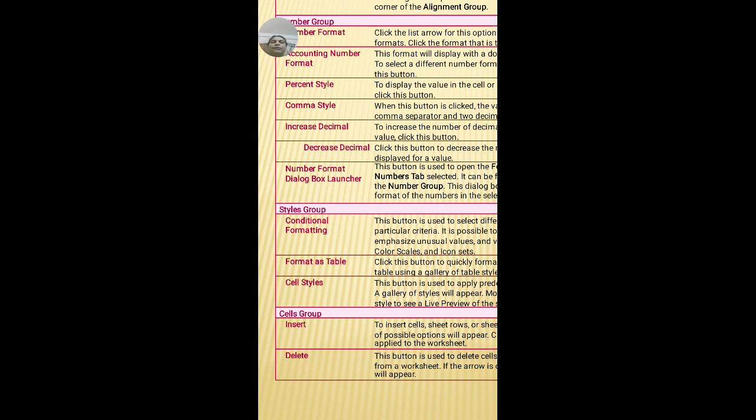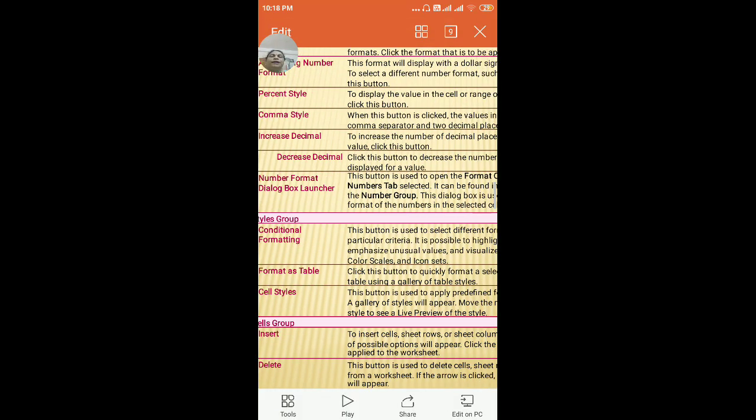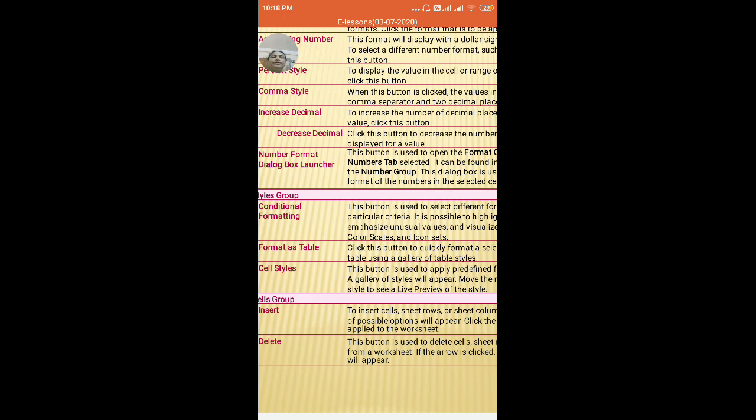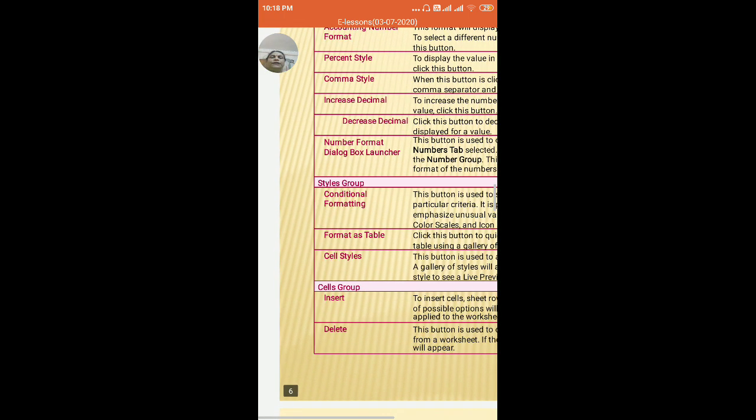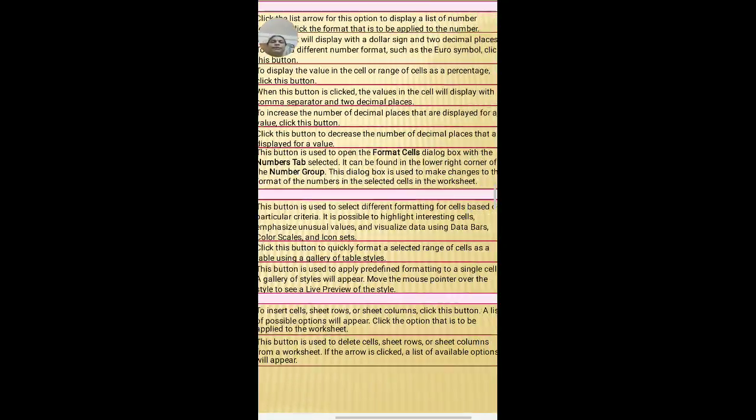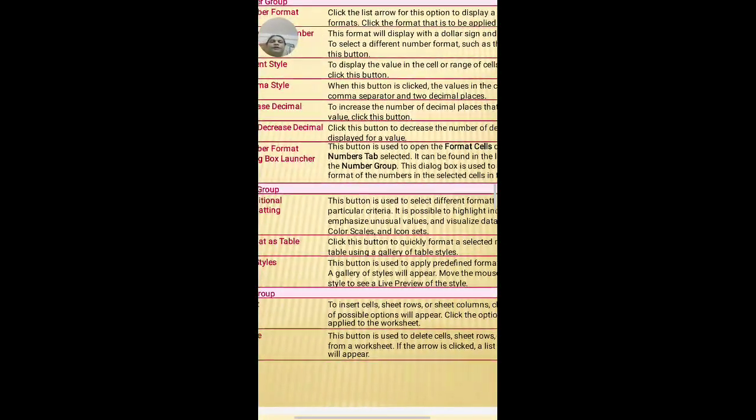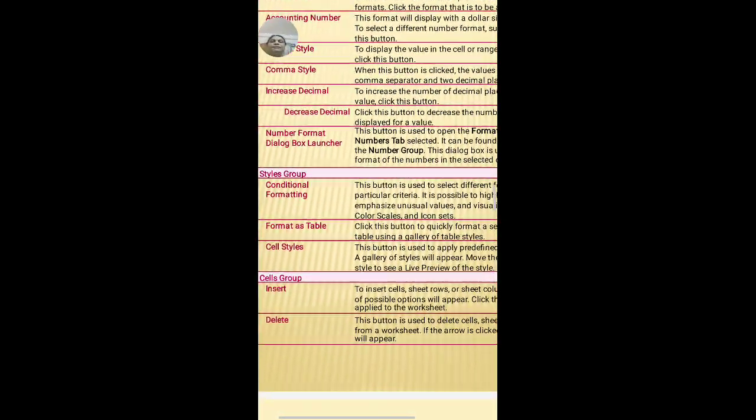Now let us come to increase decimal. Suppose you want to increase the decimal places, that is the zeros after numbers. You can increase the number of decimal places for the value. Decrease decimal: you can also decrease the decimal values after the numbers, that is 0.000.